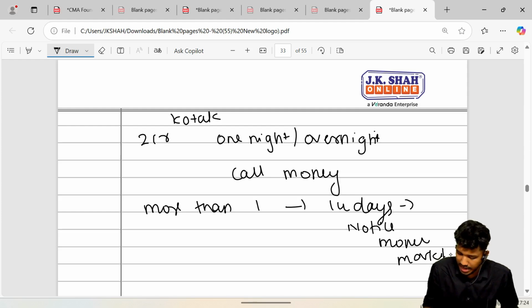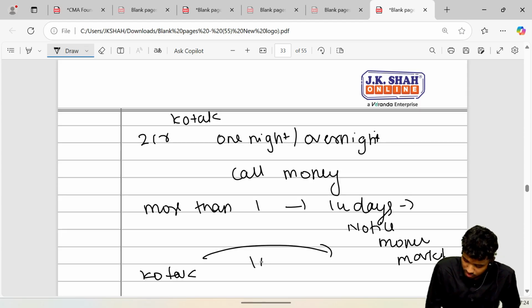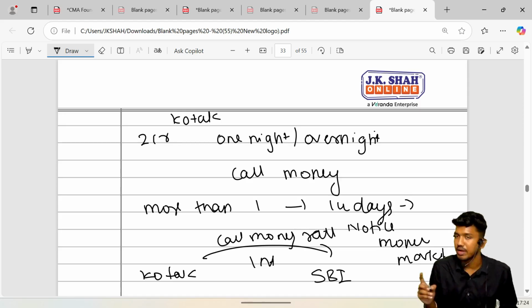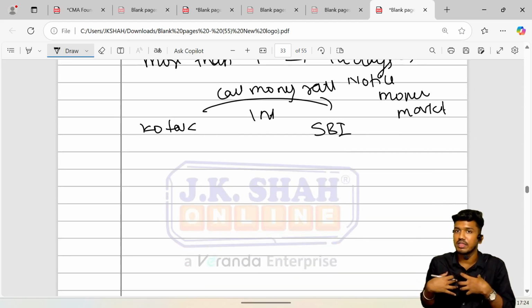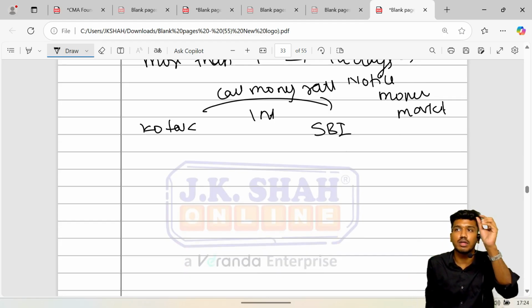That way, Kotak in this case will be required to pay interest also to SBI. That is called the call money rate. That interest rate is called the call money rate. Clear? Listen. See, Kotak Mahindra Bank was maintaining reserve but suddenly its reserve got below the limit, so